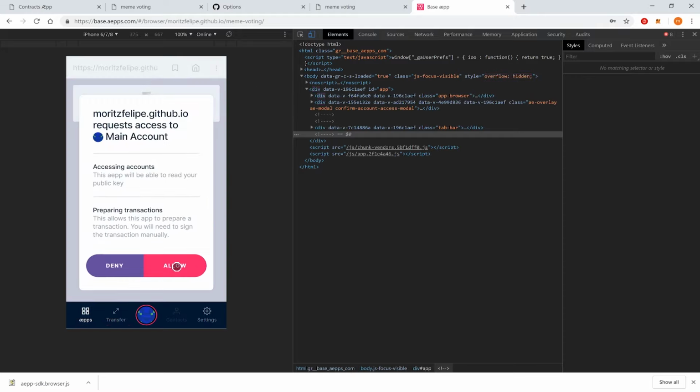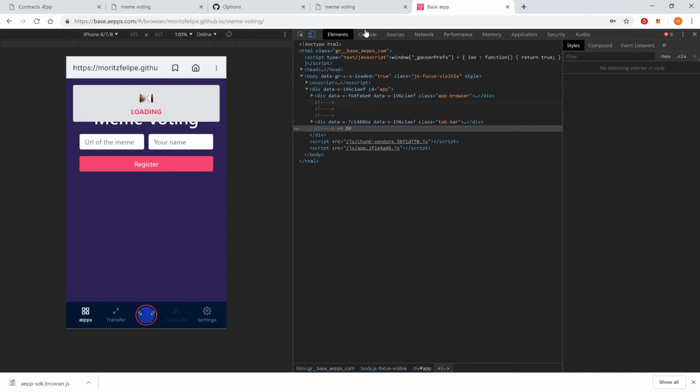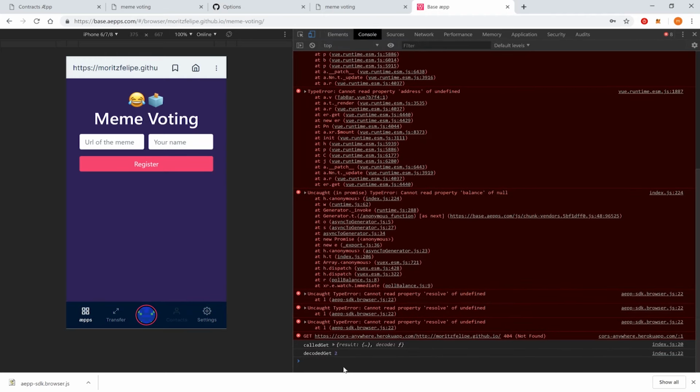We have to authorize this DApp first, and great, our loading animation works and we get the result. Perfect. There are some errors of our library, but this doesn't concern us at the moment. We can now interact with our contract. In the next video, we will finalize our frontend, display the memes, and enable the voting and registration functionality.